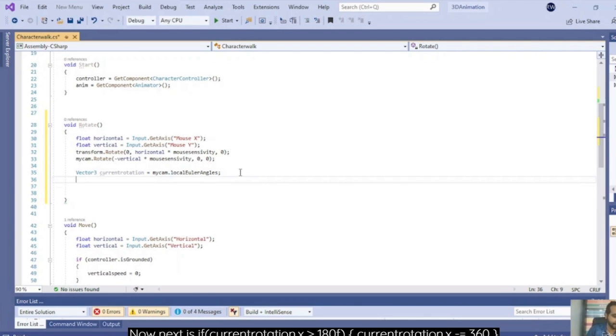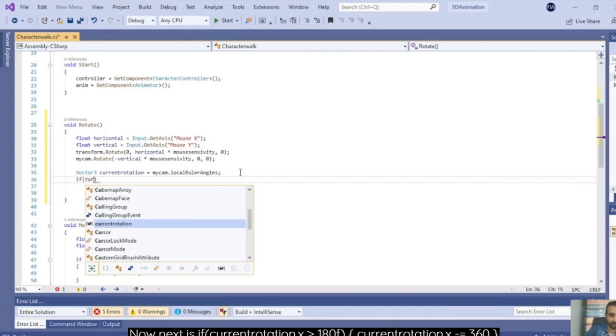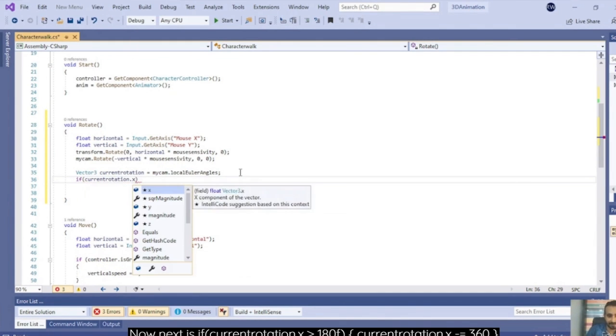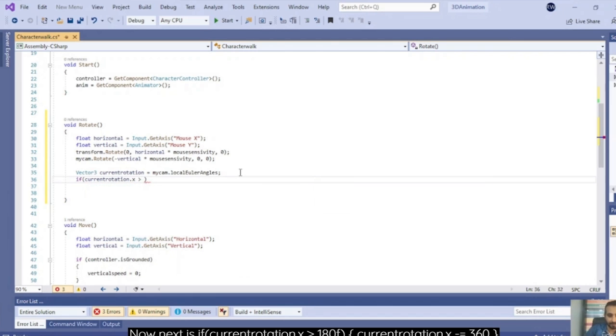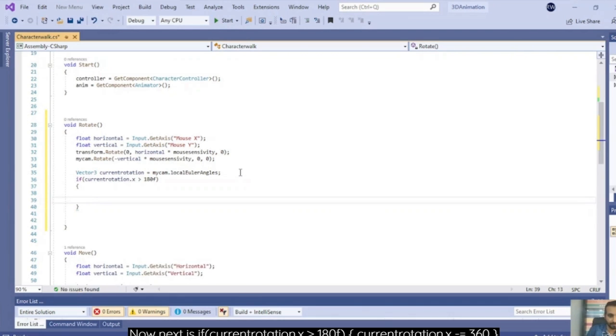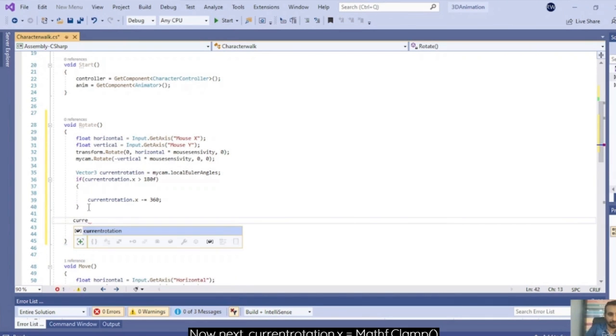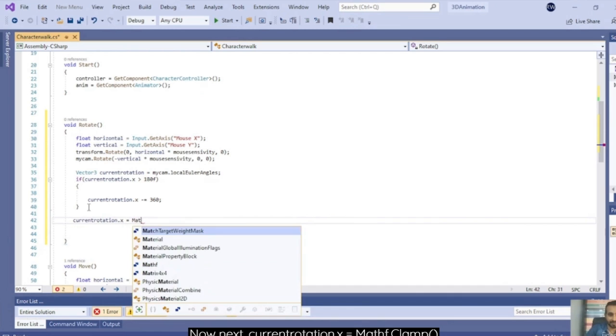Now next is if currentRotation.x greater than 180f, currentRotation.x minus equals 360. Now next, currentRotation.x equals Mathf